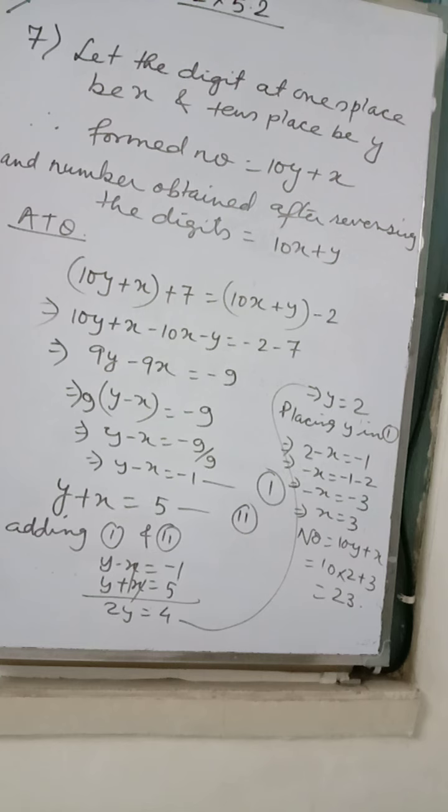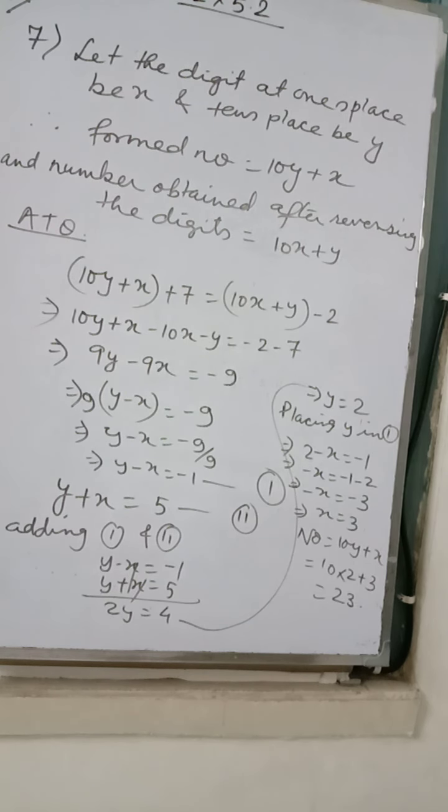Number 8 says, if 2 is added to the numerator and denominator, it becomes 9 by 10. And if 3 is subtracted from numerator and denominator, it becomes 4 by 5. Find the fraction. Now, I'll be finding the equations. You have to solve the further equations. It's very lengthy if I do everything, it will take 2 weeks. So just have a look.